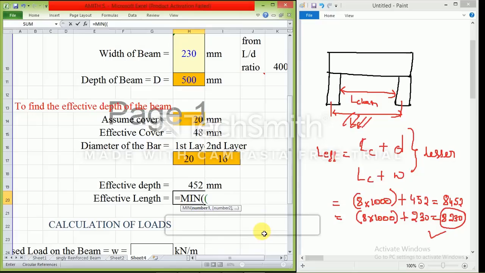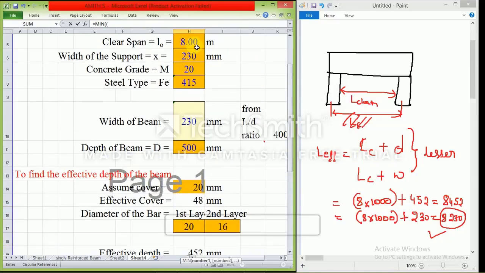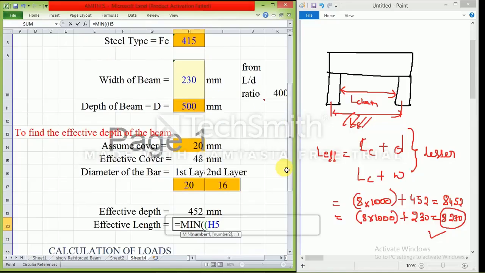I am writing the first thing, that is first condition. What is first condition? Clear span plus effective depth. What is the clear span? 8. I need to convert it, I'll just multiply into 1000, right? I just close the bracket plus what is the effective depth? It is 452. I'm just closing the bracket and I need to give comma, then